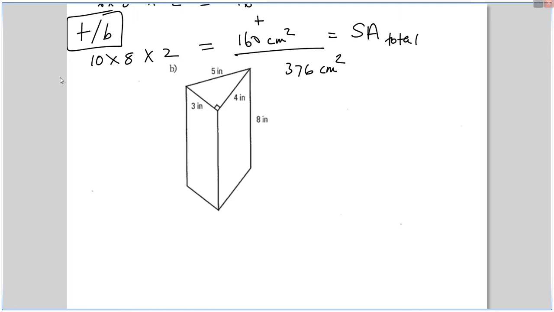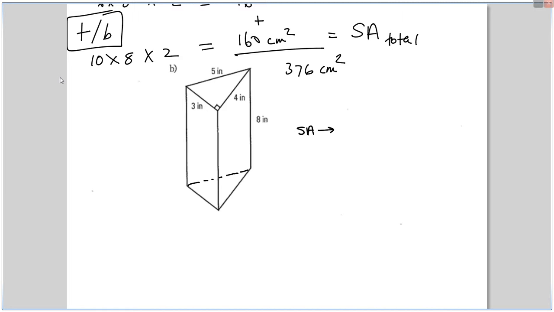Okay, this shape here. What's it called? Triangular prism. Good. Because the triangles are the bases, the height is perpendicular, and the sides are all lateral, perpendicular to the parallel faces. Okay? So when we go to do the surface area of this shape,